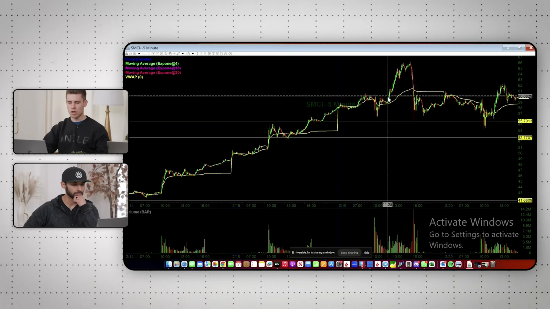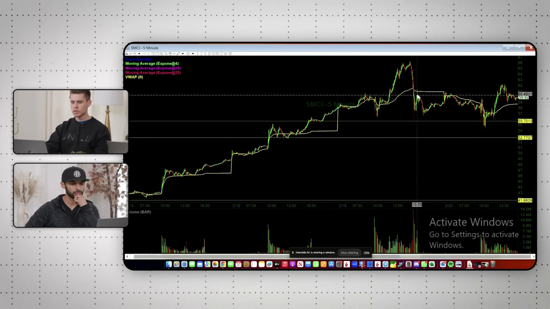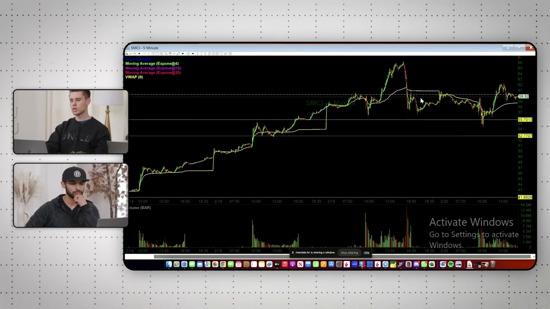So now longs are starting to chase this thing. They're buying into the upper end of this daily chart range. And then late day, there was some news that came out on this that completely tanked the stock. So at this point, I wasn't looking to get overnight on this, but now I'm looking for pops. This was today, February 20th. So I'm looking for pops back up into prior day's resistance and looking to get short on those,